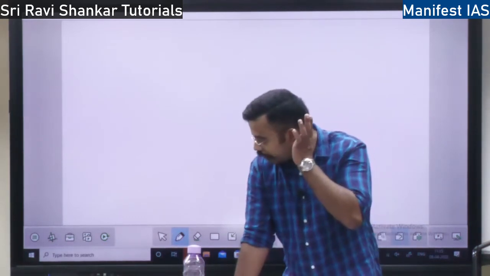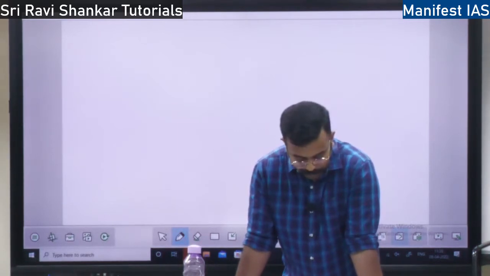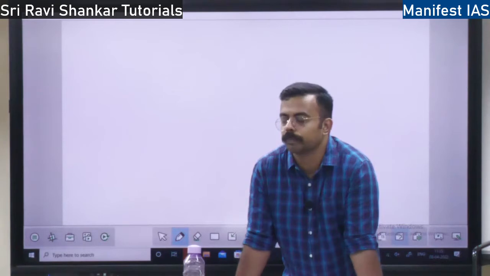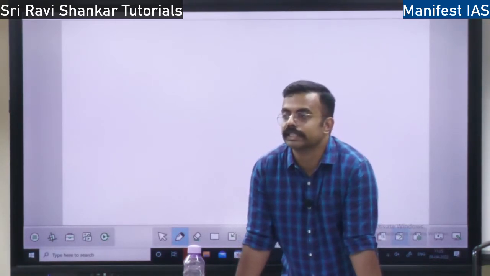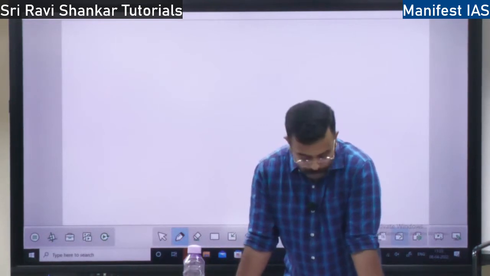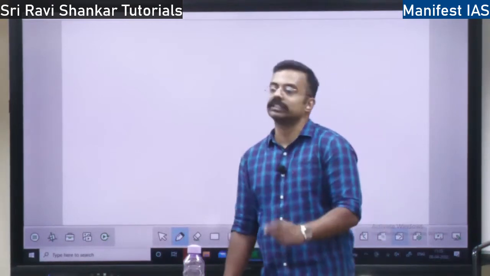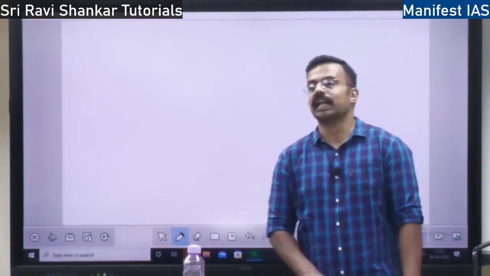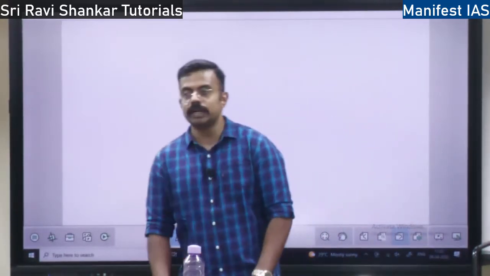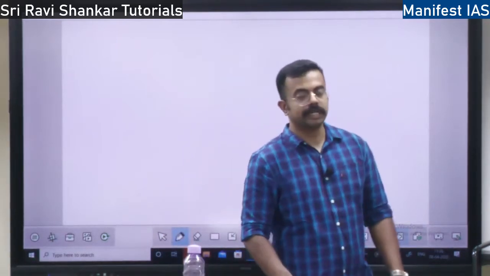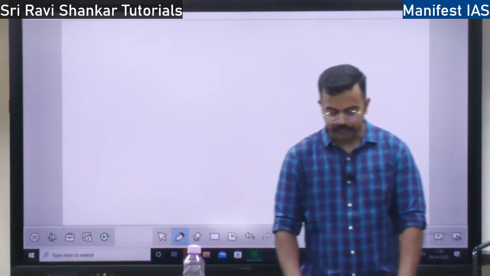Okay, so with respect to development, what is the measure of development? We measure development with one indicator called the Human Development Report. Which organization gives this report? It is UNDP, United Nations Development Programme. They are going to ask about this report. It's very, very important. What is the rank of India in the Human Development Index? It is 131, right? The Human Development Report has been published by the UN Development Programme since 1990.